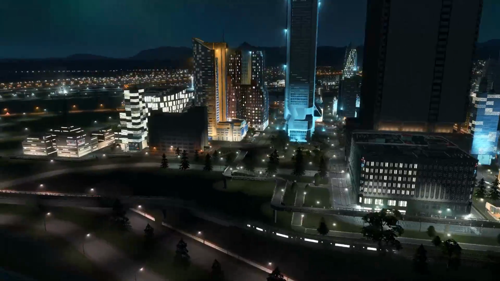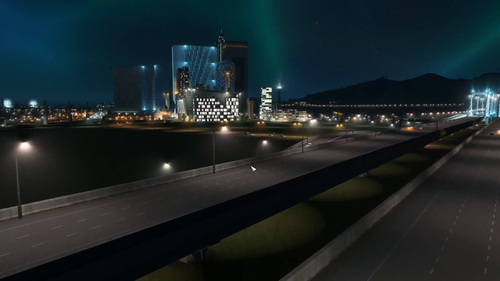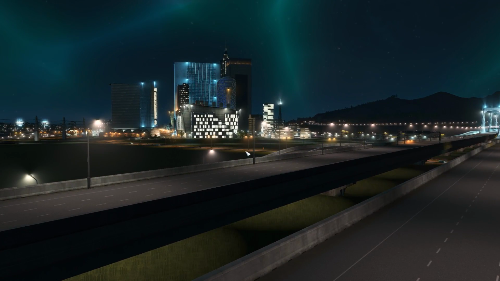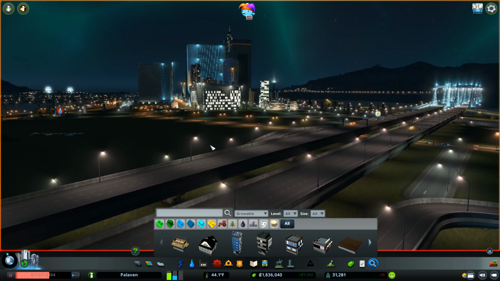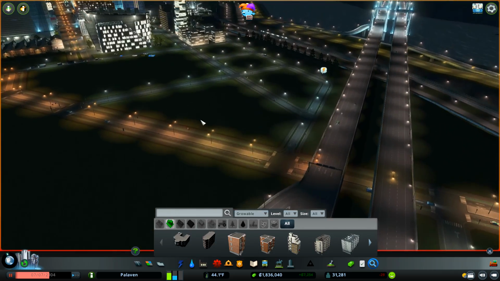However, we do need to run over some announcements. It is at this point that Palaven will no longer be Cities Skylines Vanilla. It will now become Cities Skylines Vanilla Assets because we are going to now start using Find It and Plop the Growables. So because I'm being super customizable in what high density is going to come into this area during this episode,